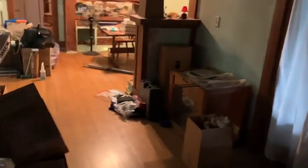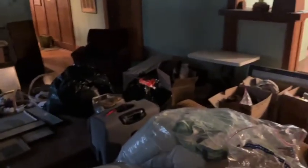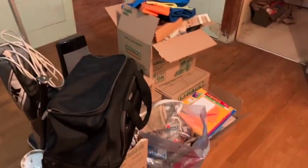This is a great old house, needs a lot of love, but the bones in here are just beautiful, and it's pretty dark unfortunately, but this is kind of the stuff we're up against. It has some generic stuff, a lot of stuff in boxes. Just look at this house, and they were kind of restoring it, but it's just gorgeous. There's some crazy features in this house, so it's kind of a treat to be able to come in and